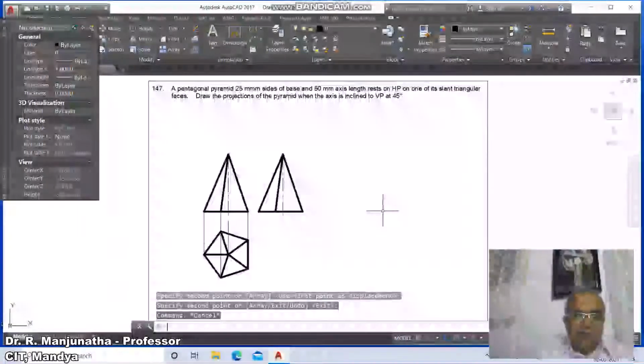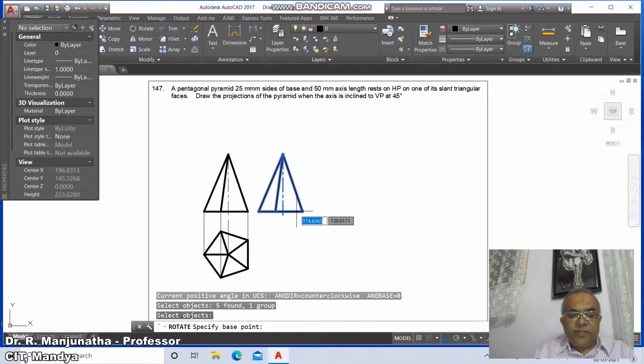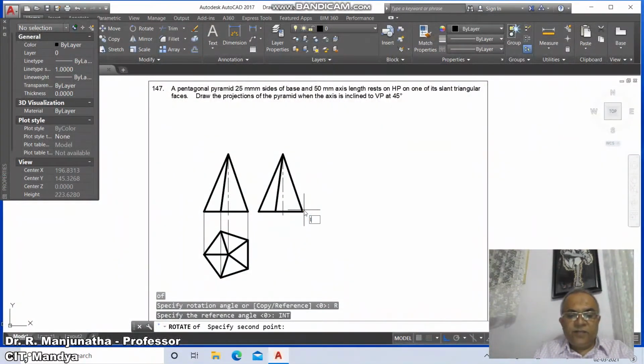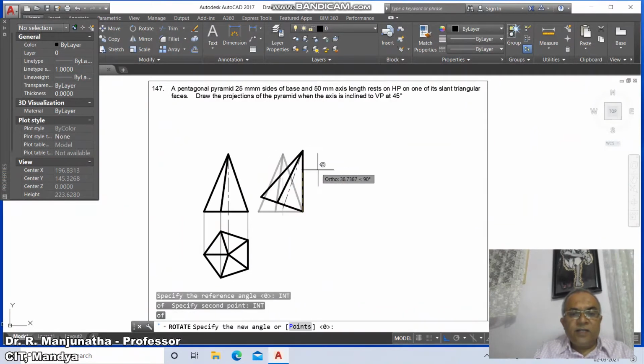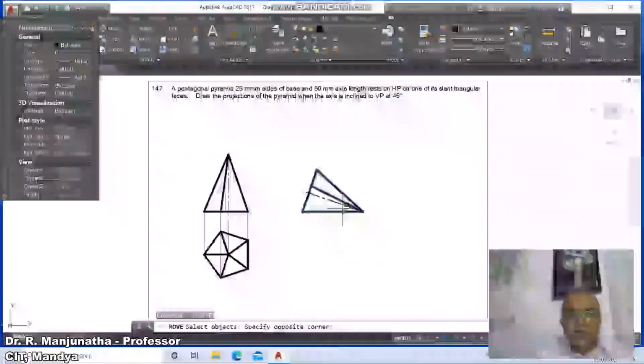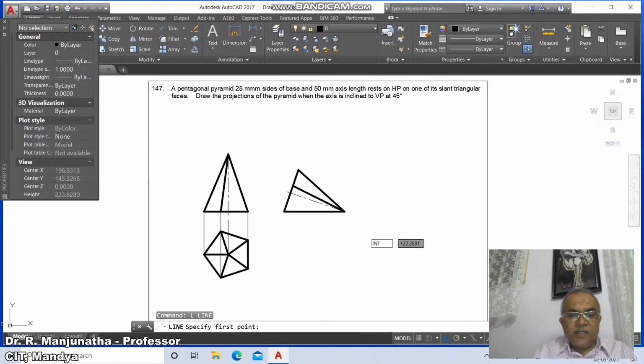Then go to rotate, select objects, you select this, base point int of this, take the reference point, again you take int of this and take this int and then rotate with respect to this. Then go to move, select this object, move this here, then go to line, take int of this and draw